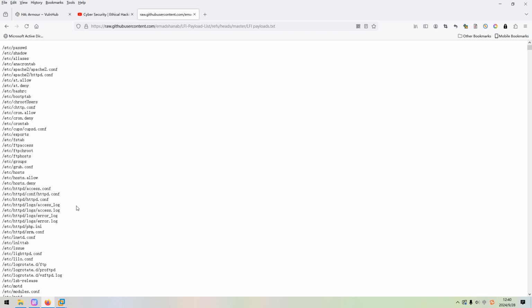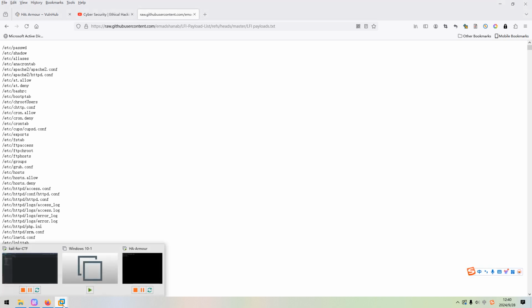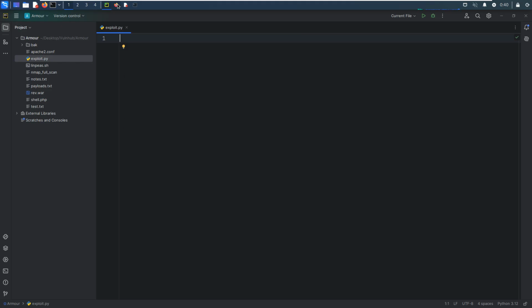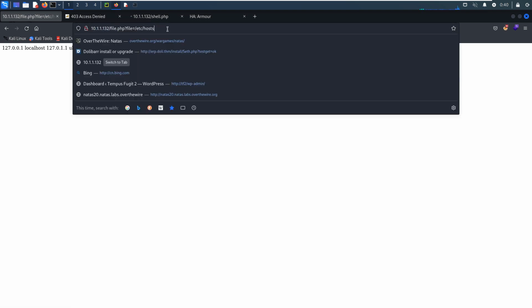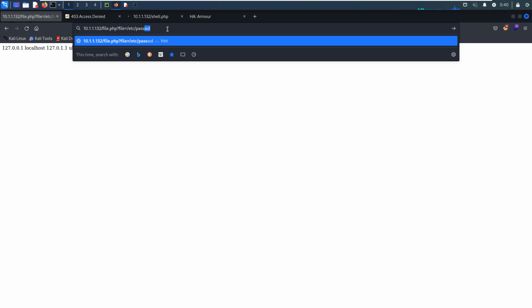Again, I will not cover the entire process of this machine. I just want to focus on the Python part. So without further ado, let's just get started. As you know, we already know that this target is vulnerable to LFI, or local file inclusion vulnerability. Next, we want to get more information by exploiting this vulnerability. So we can use Python.